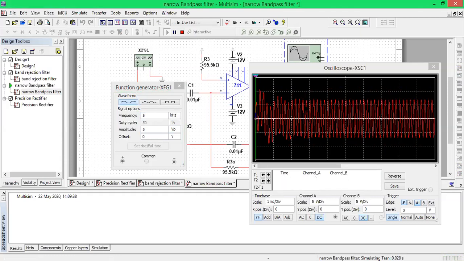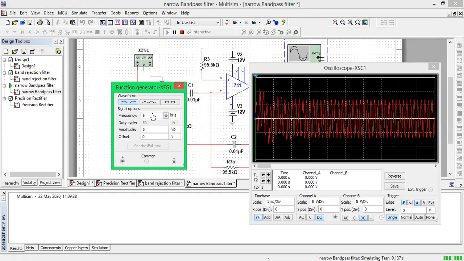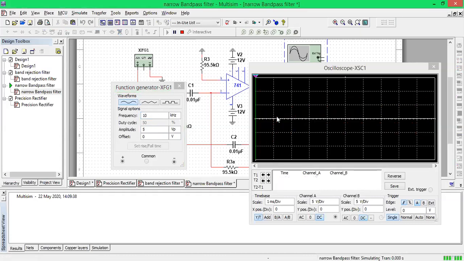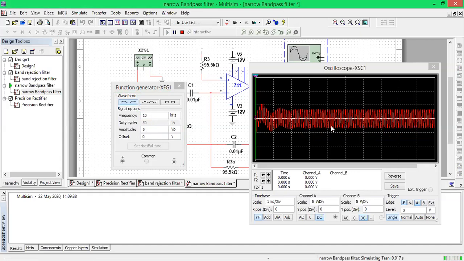See, why I keep telling you to look at the output amplitude is because the gain is dependent on the output voltage V naught. Your V in remains constant, that is 5 volts peak to peak. Now I will increase the frequency to 10 kilo. Let me run for 10 kilo. Look at the output voltage amplitude, it is minimum. So when V naught is minimum, the gain will also be minimum and the gain will get reduced.